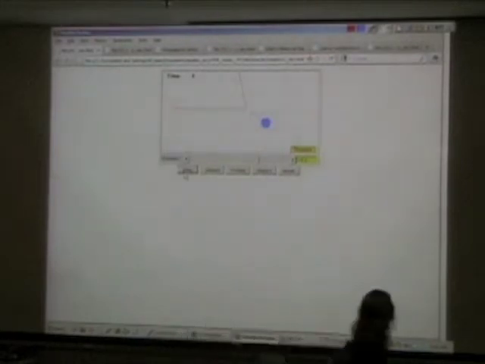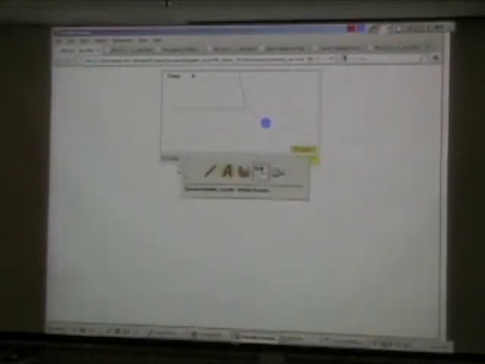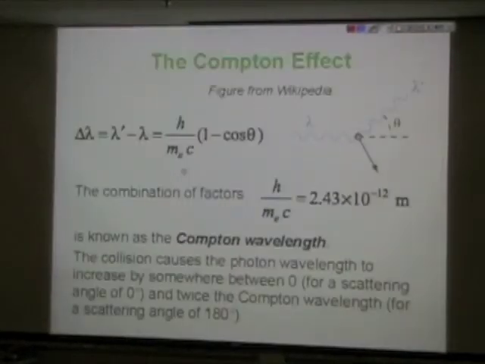A photon hits an electron. We call it a collision. So when physicists try to explain this phenomenon from a classical point of view,